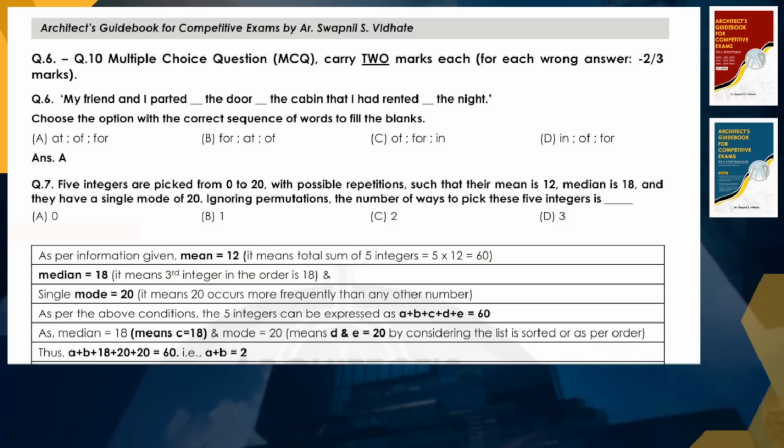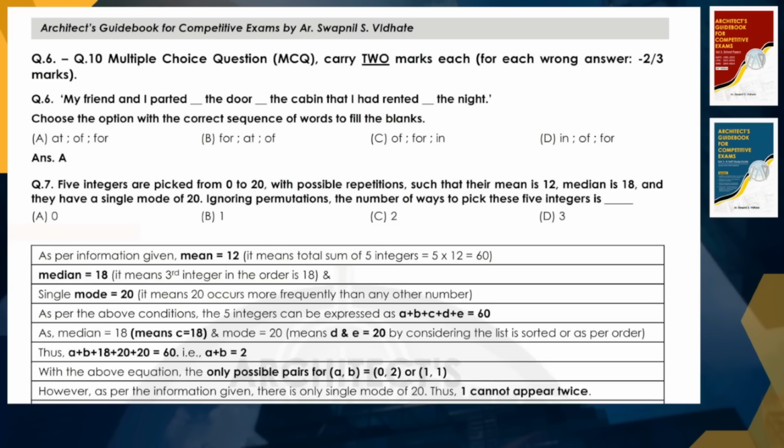So they have mentioned that these integers are picked from 0 to 20. Their range is 0 to 20. Now what will be the possibility for a and b? For a and b, the values will be either 0 and 2, or a will be equal to 1 and b will also be equal to 1. Now they have mentioned that there is only a single mode of 20, right? So that means